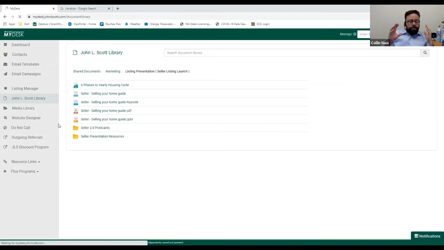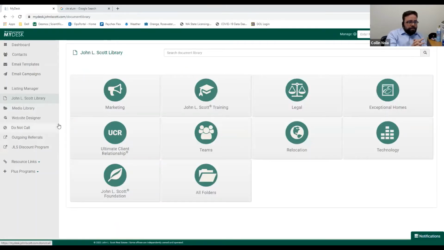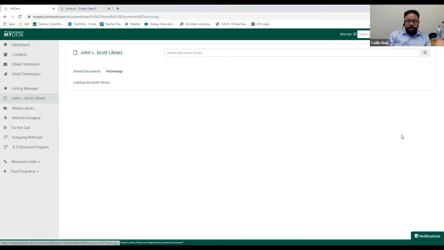So this is a really great reference guide for you. It doesn't replace me, it doesn't replace Shy or Katie or anything like that. But this is a great place to start when you're trying to figure something out. Especially if we're not available. I don't work at 10 o'clock at night. Sorry, guys. But if you want information on technology, if you need to figure out how to do something, I can click over here on technology,